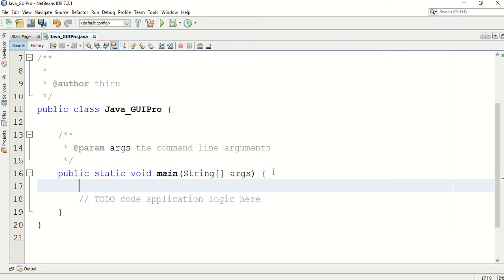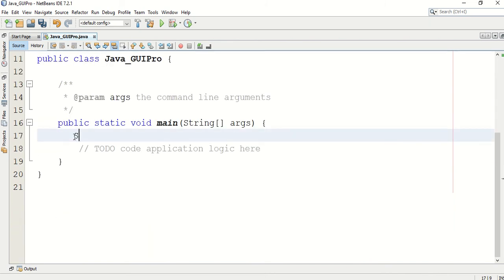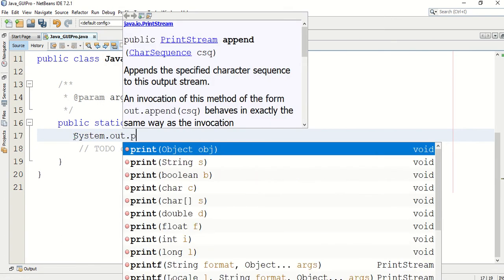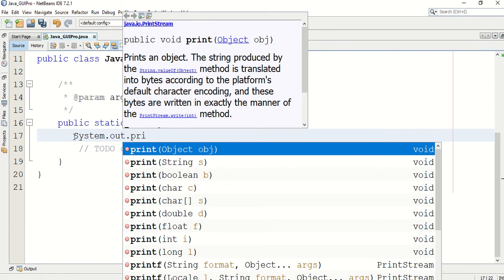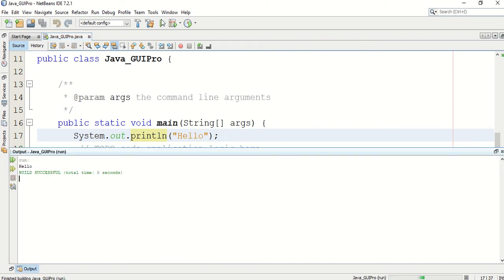You can print like this. Okay, you can compile, and the hello output you are getting here.